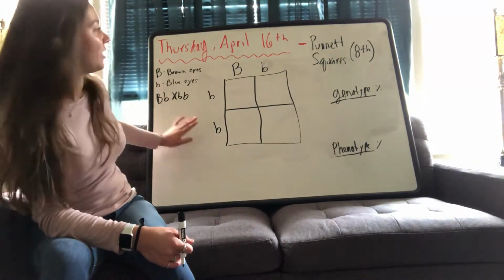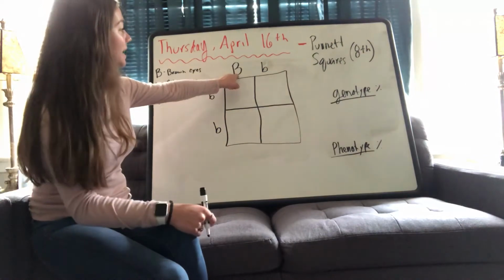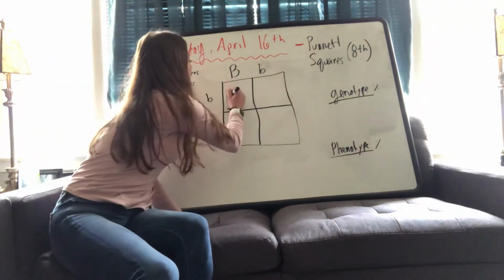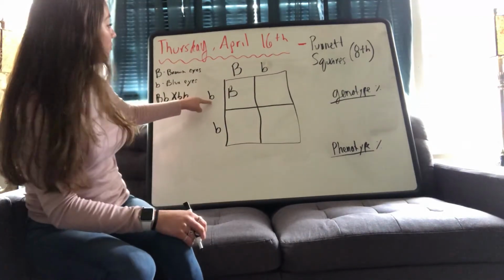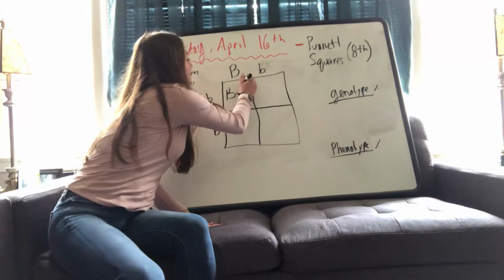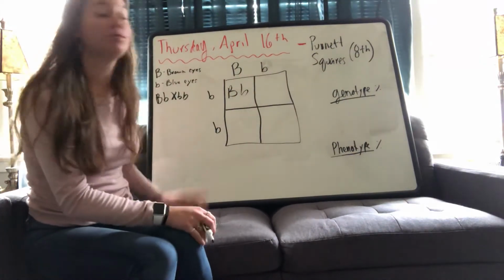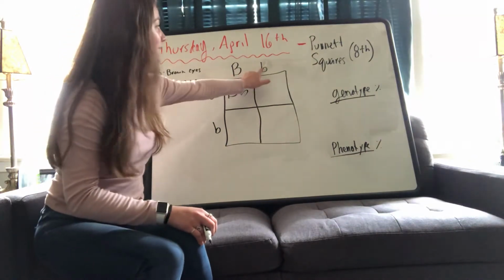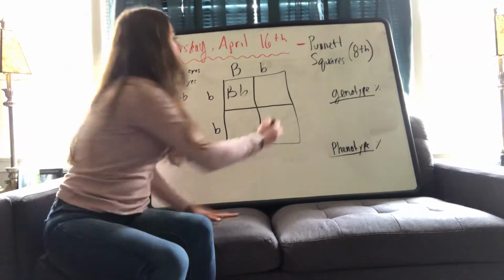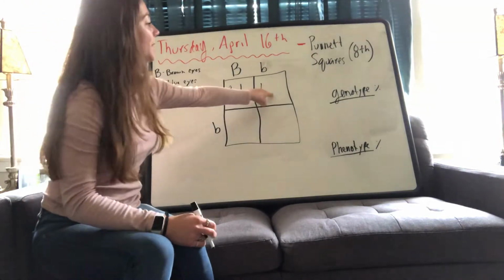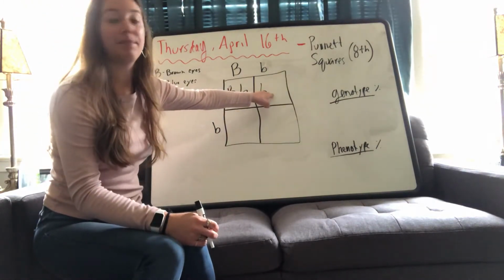I'm going to begin my cross by starting with my big B, and I'm going to bring it down into the box on the left-hand side here. And then I'm going to bring over my little b to accompany the big B in the top left square. I'm going to move on to my little b of the dominant trait here of brown eyes, and I'm going to bring it down into the box. And then I'm going to bring over my little b all the way over to the right-hand top square